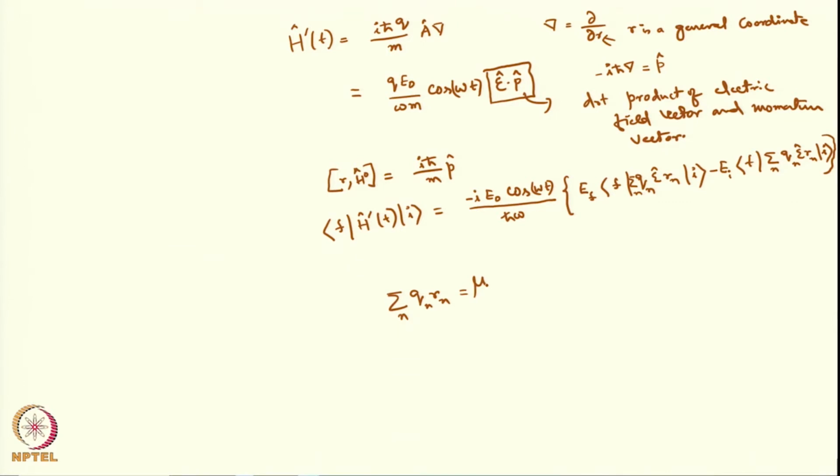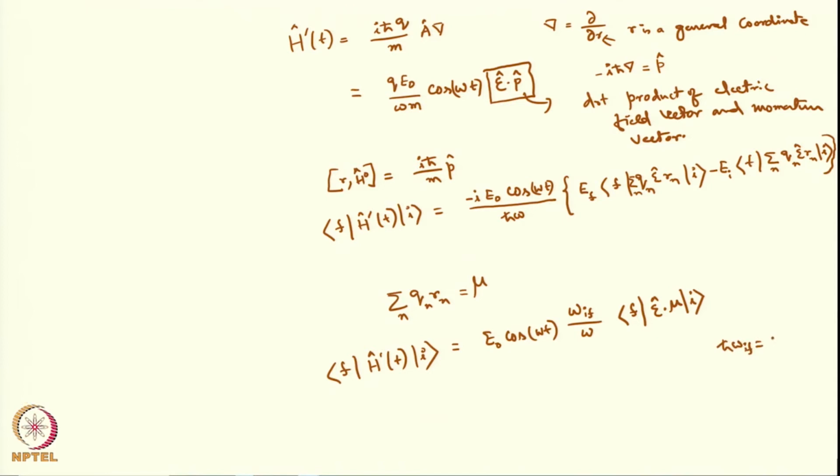When we do a little bit of rearrangement, what we get is the integral f H prime t i equals E naught cos omega t, omega_if by omega, integral f mu i, where h bar omega_if